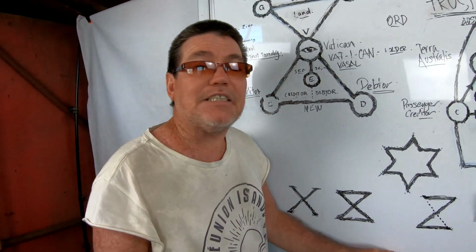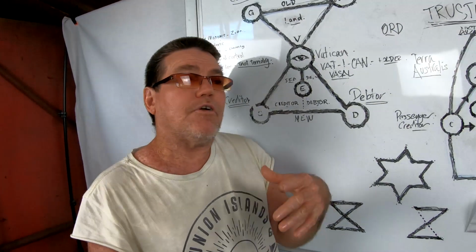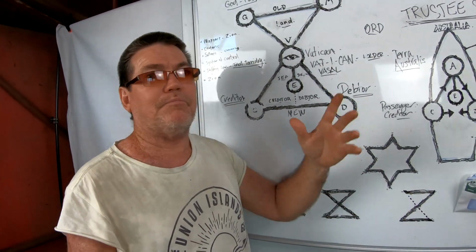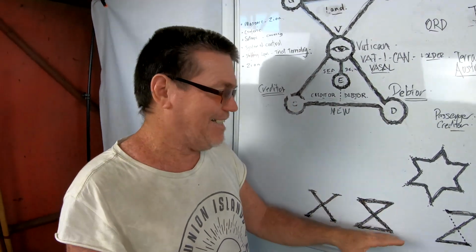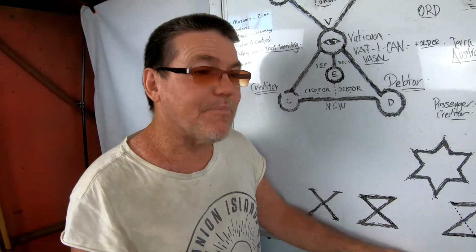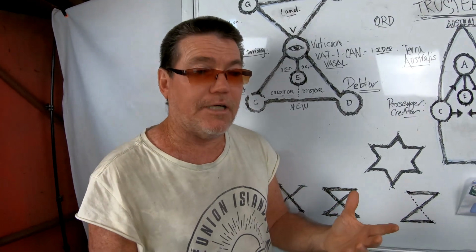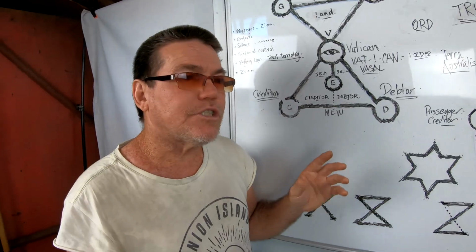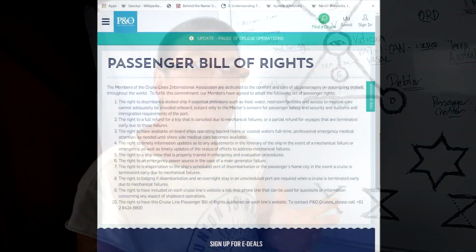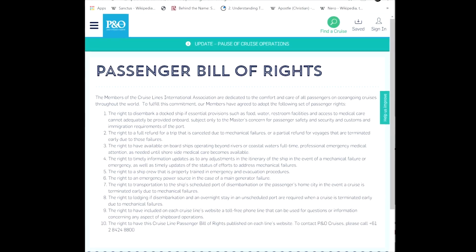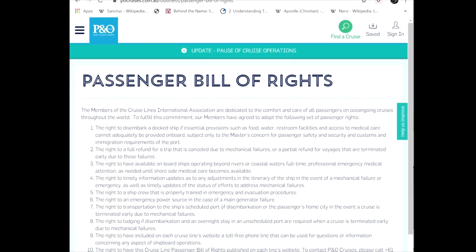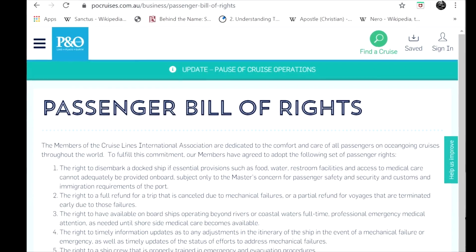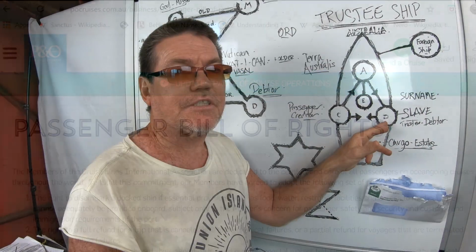And the thing about a passenger on a ship is that even on the P&O or on the cruise liners that travel around the world, must be beautiful to go on one of them. I'll go one day. To enter onto those cruise ships, the passenger has a bill of rights, which is really the constitution of the ship, of the trusteeship. And that's where things start to shine in relation to when you're the debtor of this trusteeship,